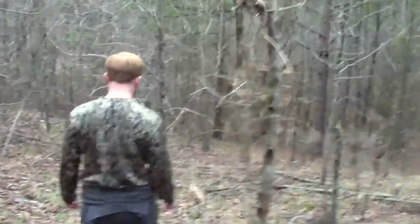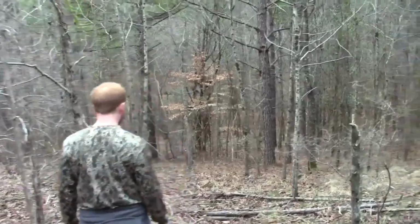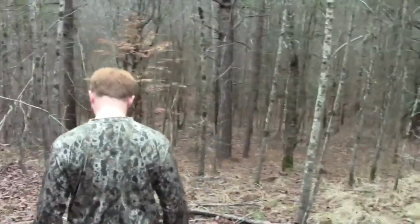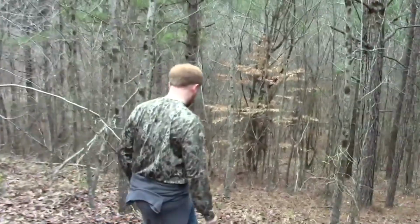There's some bucks in here to hunt, but I don't think there's a 150, 160 class living here like it used to be. Too much going on. The woods have gotten too big, open. I mean, back then we was